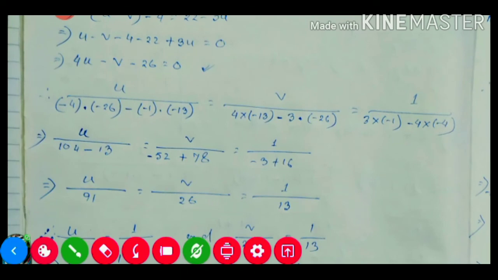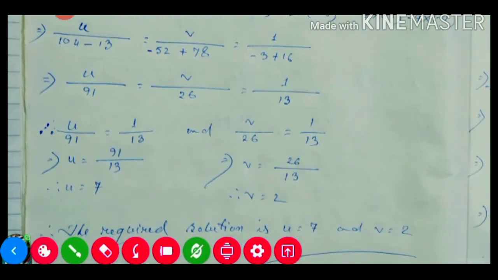So if we multiply -4 into our -26, it will be plus 104. Here 3 minus are there, so it will be minus. 13 into 1, 13. 4 into 13, 52, and plus minus. Minus and here minus, so plus. 26 into 3, 78. Minus 1 into 3 will be -3 and minus will be plus, so minus plus, and 4 into 4, 16. Now 104 minus 13 is equal to 91, minus 52 plus 78 is equal to 26, minus 3 plus 16 is equal to our 13.